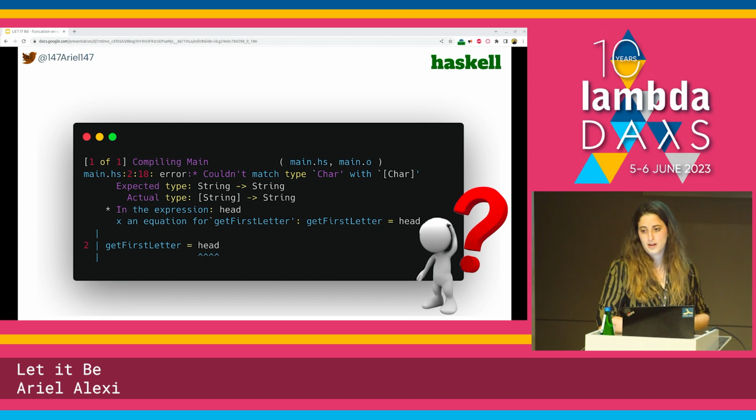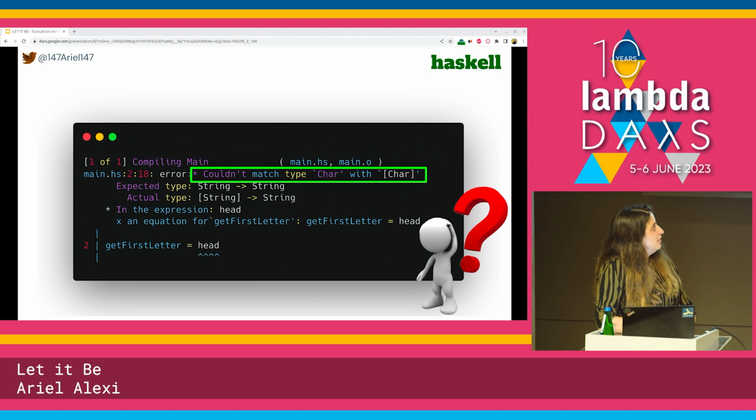what we thought would be the output of our function. So this is the pattern, the only part that we're really interested in. The error lines say that we had a failure, couldn't match type X with Y. And if I would like to fix the Haskell code, the result will be going